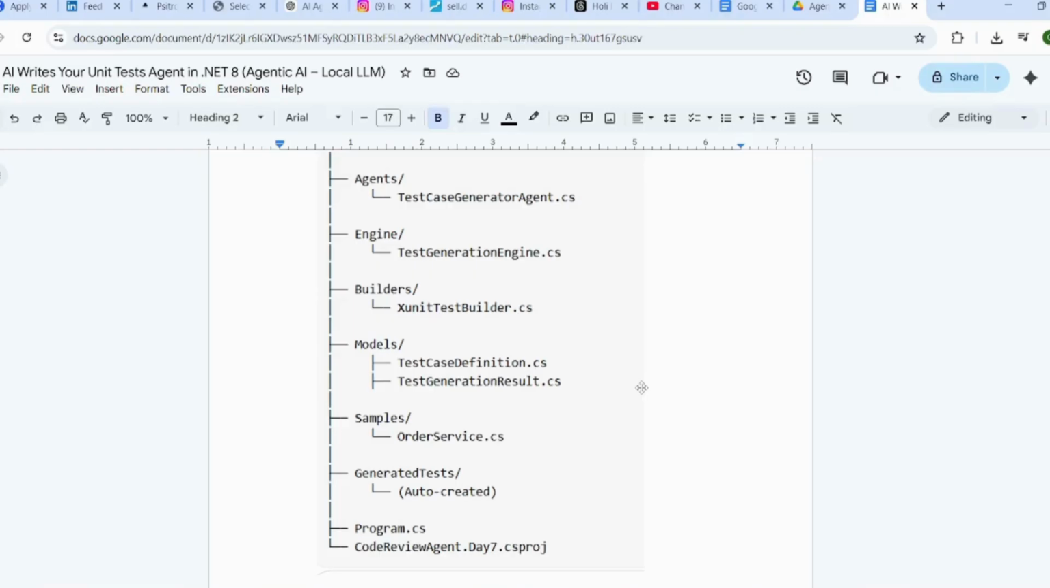And sample is nothing but, say for example, your project. Project has so many files. We are taking only one file, order service. So this agent will work on this order service.cs that actually contains the code. And on top of that, this test case agent generator, test case generation engine, all will work together, so that